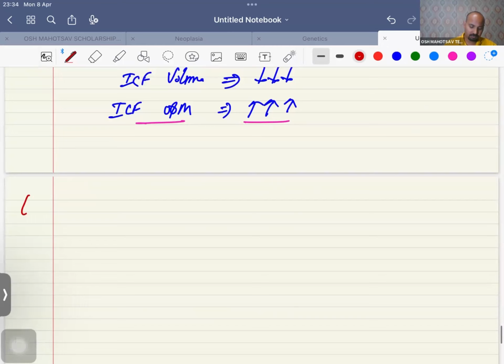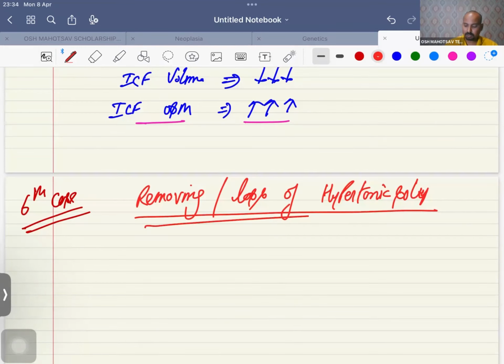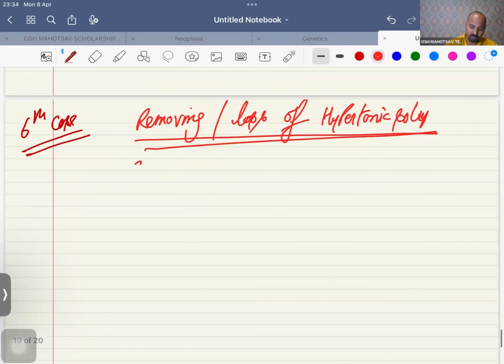In the sixth case, last, we are removing, or we can say loss of, hypertonic solution. It means loss of more solutes, or more sodium ions. Same example: decreased ACTH,